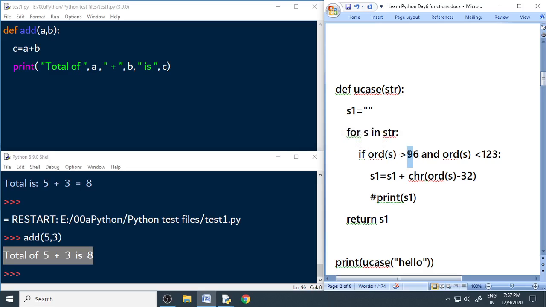If it's greater than 96 and less than 123, so 96 to 123 are the a, b, c, d, the small letters. Then what we want to do is, we say s1 is equal to s1 plus chr of ord s, whatever that number is, minus 32. So minus 32 means it's whatever that number. For example, I'll show you here. So if you use chr of